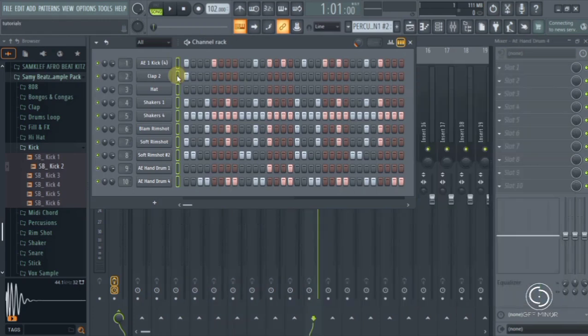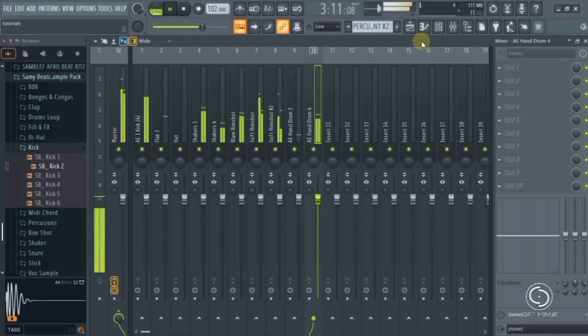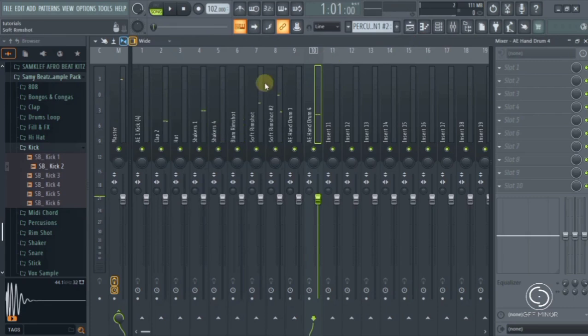Okay, you can see that it's been done. So now when I play them, you can now see the signals inside the mixer. I hope you can see that. Okay, so now to mix it,